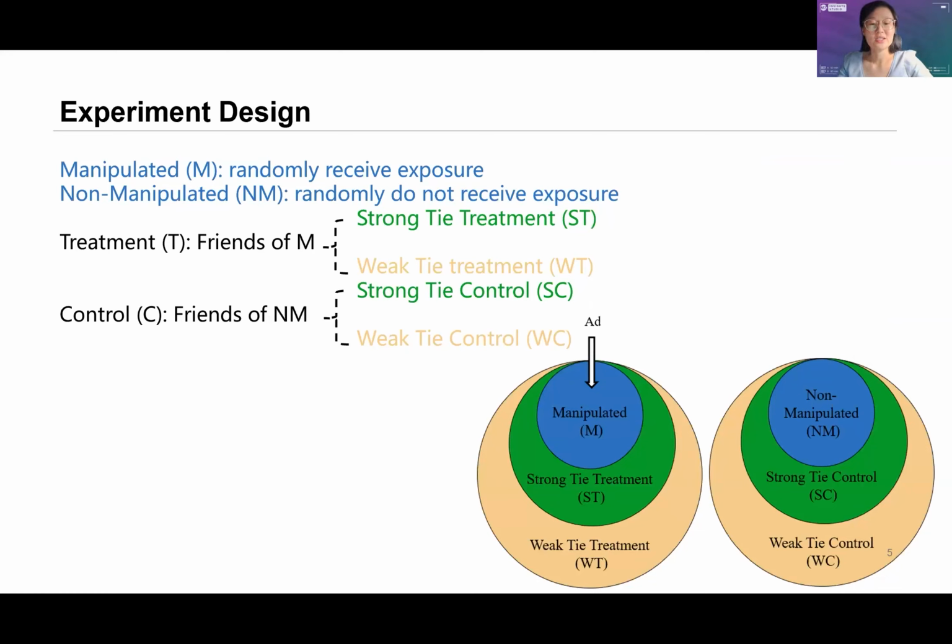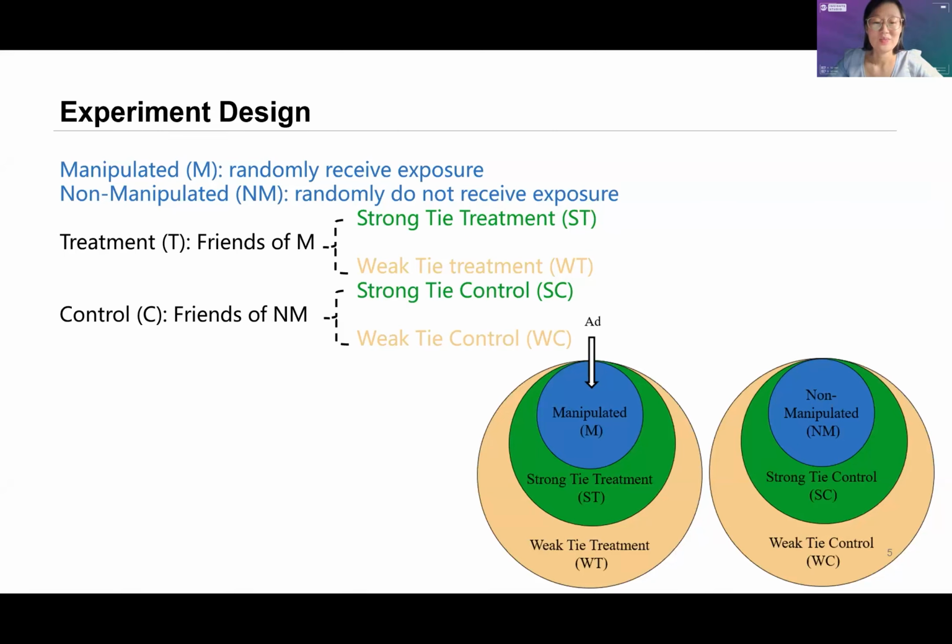We conducted a large-scale field experiment that did not involve subject recruitment. It was essentially an A/B test design. In traditional A/B tests used in advertising, the group B is the treatment group who can see the ad, while group A is a control group who cannot see the ad.